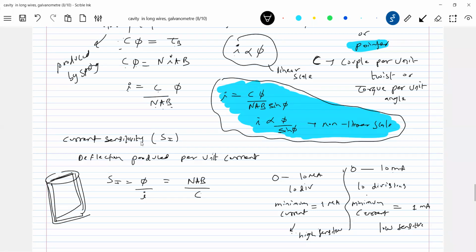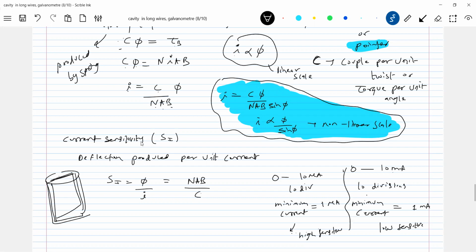Then next, B: I should increase the magnetic field strength. Who will produce that magnetic field strength? The bar magnets. So I should go for a powerful bar magnet. Another method of increasing field strength is linking the loop by going for an iron core. Why do we go for an iron core? Because the field strength produced by the bar magnet will be multiplied by several lakh times. So therefore current sensitivity will increase. Or next, what should I do? Couple per unit twist should be small.